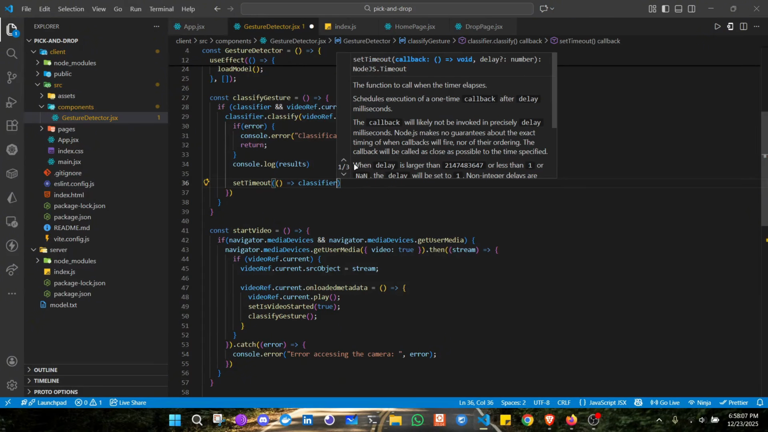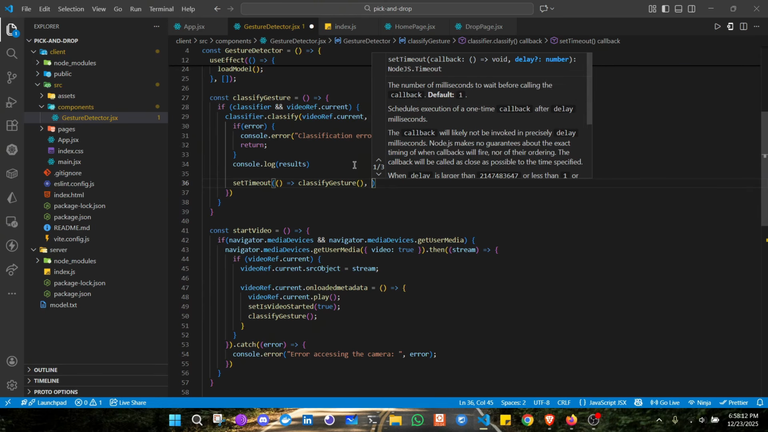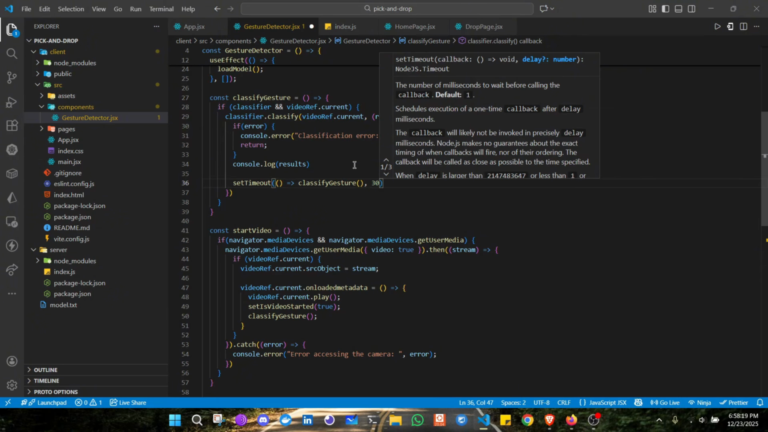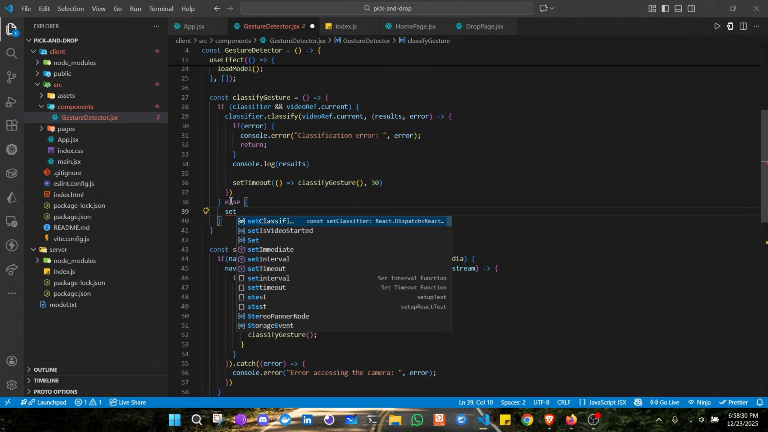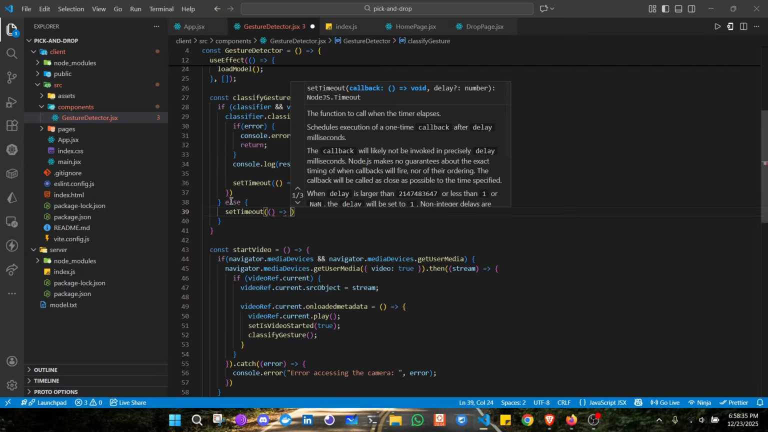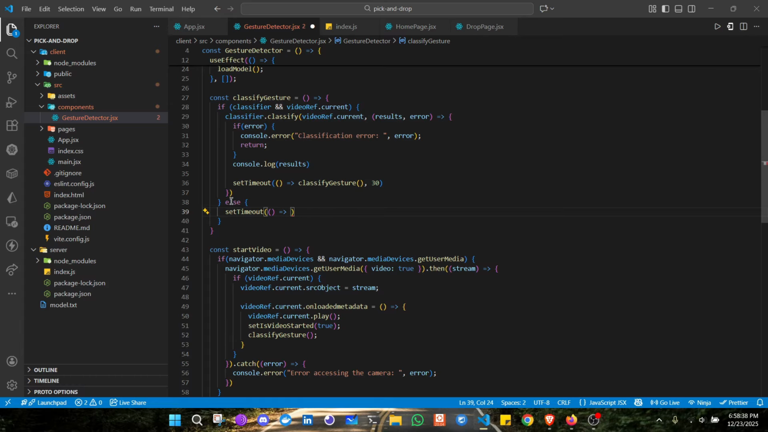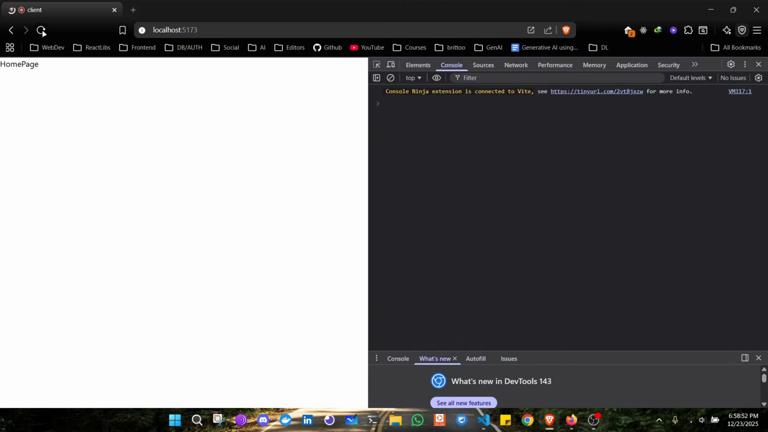So we'll call the classify gesture again after 30 milliseconds. So this is scheduling the next classification. And if no classifier and no video ref dot current, else we'll simply again call the set timeout and again call the classify gesture function after 30 milliseconds. So save this now, and if you go to your browser and refresh it,